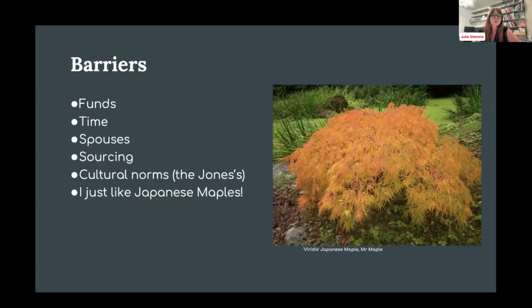Sourcing. So we're going to talk a little bit about sourcing. Where do we even find these native plants? Of course, the cultural norms are probably the thing that are driving this aversion maybe to native plants. So we've got to keep up with the Joneses. We want that tidy lawn. We want those trimmed shrubs, boxwoods, and little circles. Those tend to be kind of the typical way of going about it. And like I said, I have a colleague who just can't let go of those Japanese maples, and they sure are amazing.